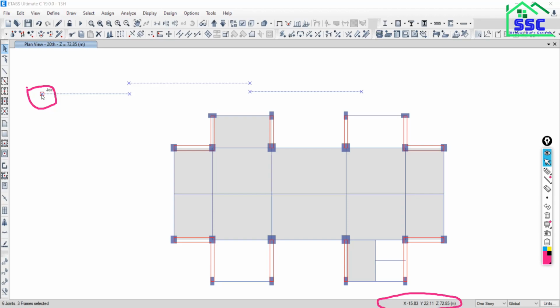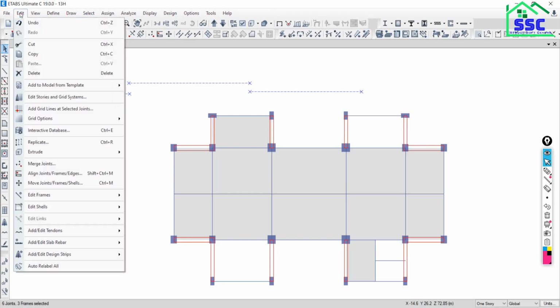So what we have to see is whether to align about Y or about X. As the line is along the X direction, we need to see the ordinate about Y. So it is 22.11. Yeah, so go to the editor.